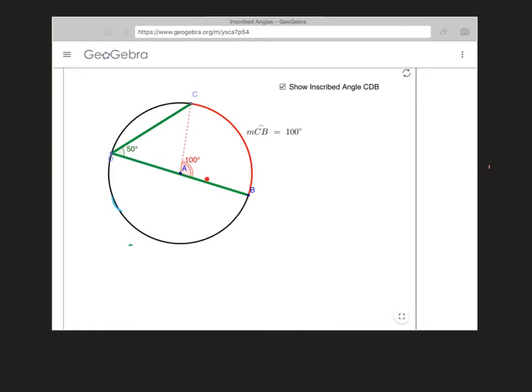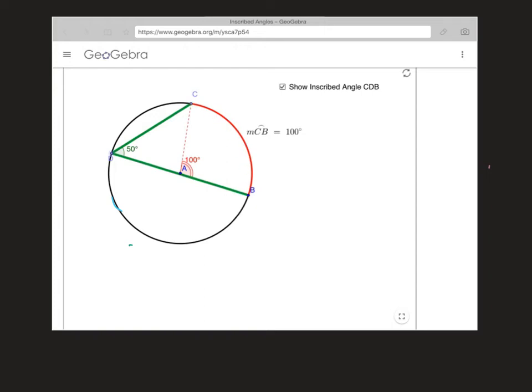This angle is half the size of the intercepted arc, and we were able to figure that out because we happen to have it right in this position where it's the diameter and use this triangle, but I'm going to let you know that it actually stays the same. If I were to move D somewhere else on the circle, you would still see that this angle here would remain